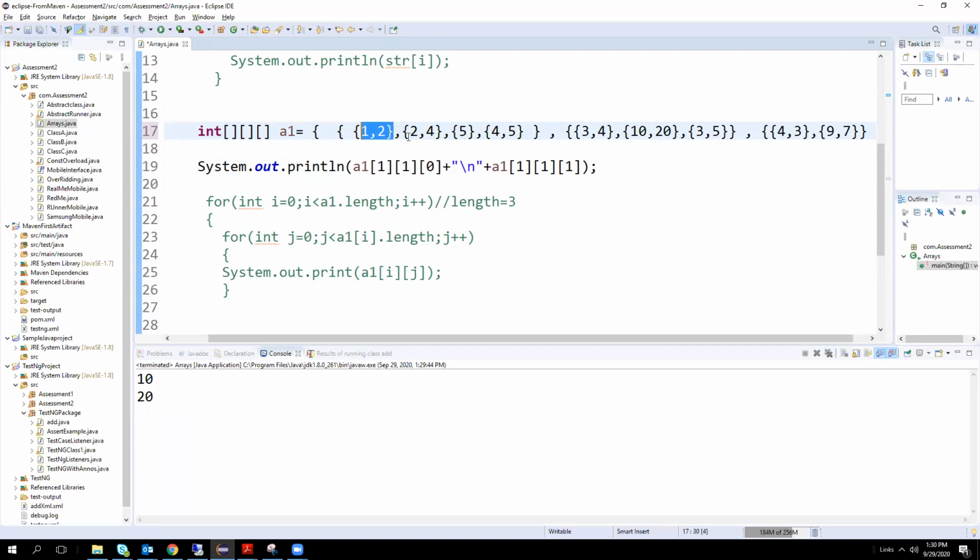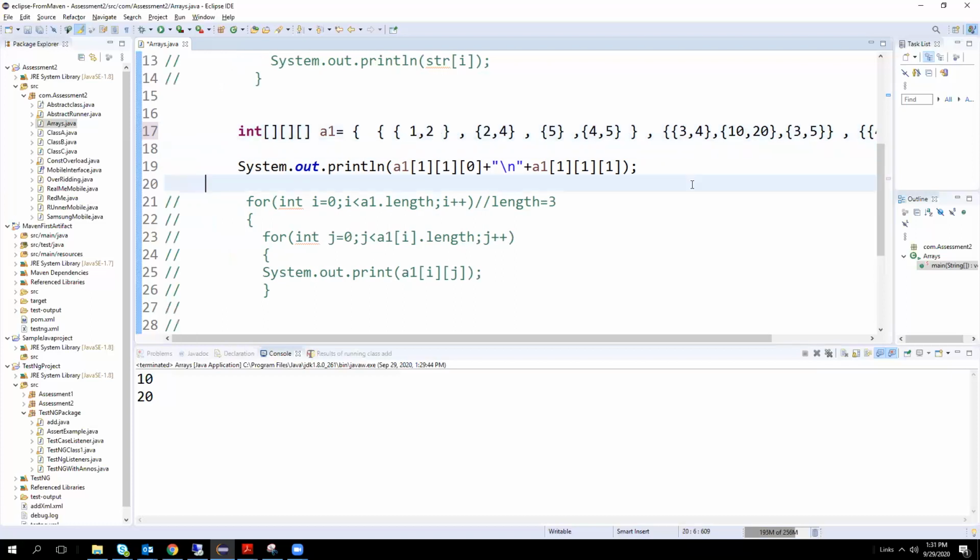Again, we have one more array, separated with comma. In this array, we have the individual items, 1 and 2.